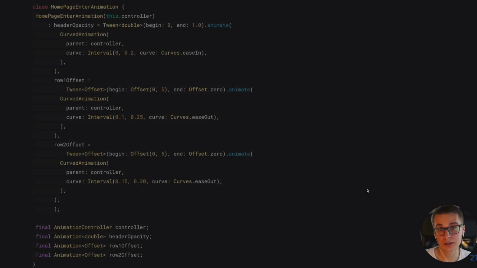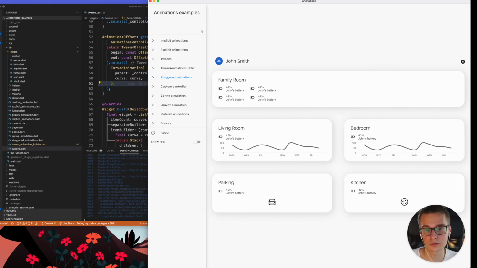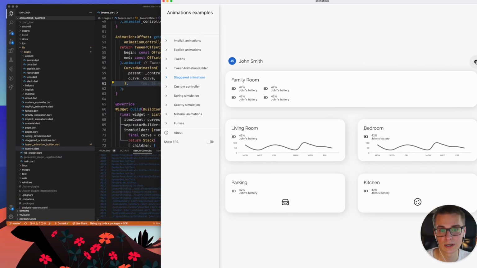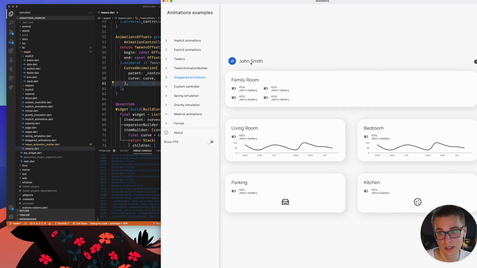HomePageEnterAnimation will be my custom class. You can just think of this class as a state class or a description class. It will have a bunch of different properties, which will be animations. And in the constructor of this class, I will define some properties. So for instance, if I want to animate my header opacity between 0 and 1, this is actually what is happening here. If you go back to the application, you will notice that the header, as it appears at the top, fades from 0 to